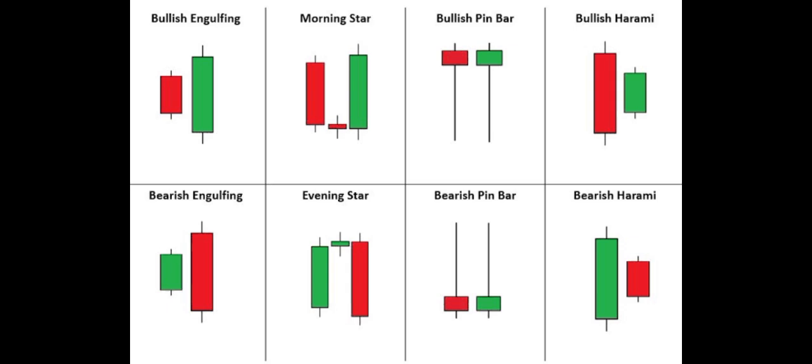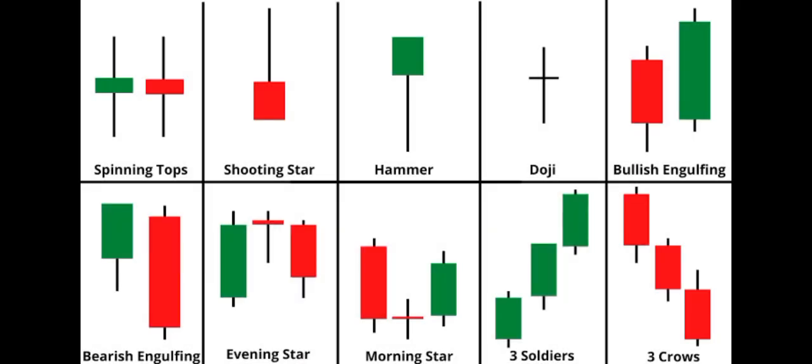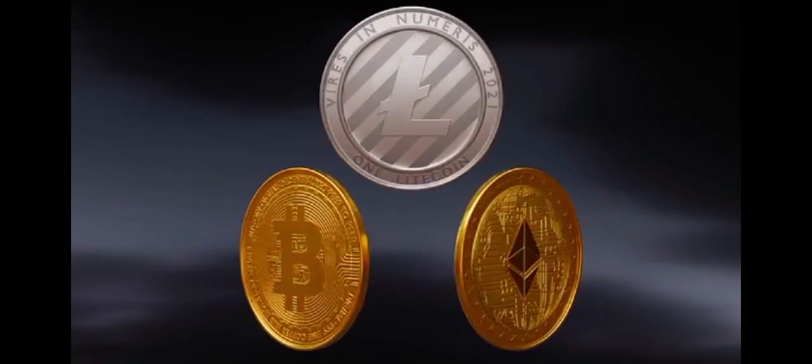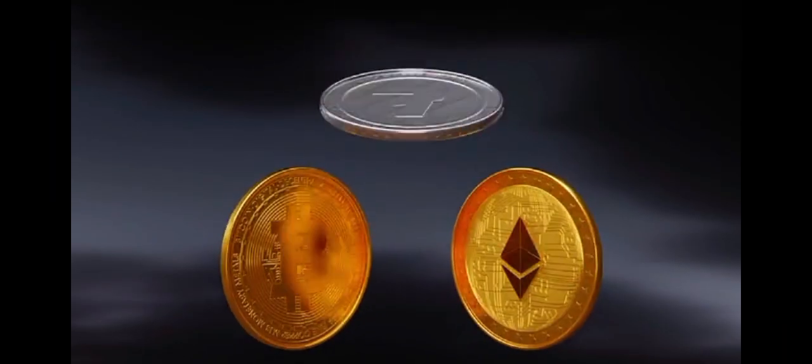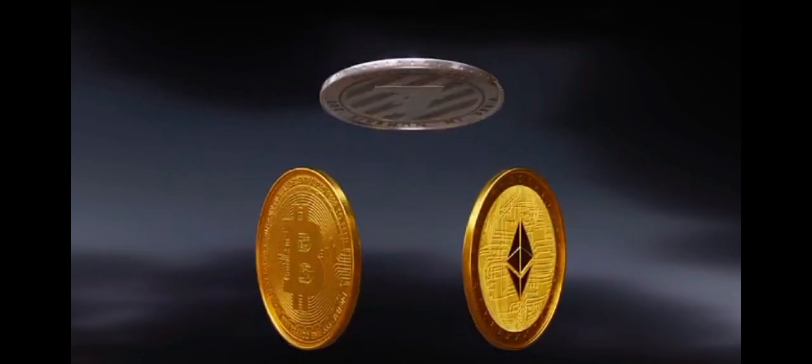There are some candlestick patterns which many traders use to predict the future price movements of their particular assets, but their accuracy is almost like 70 to 80%, not 100%. And note one thing, that these candlestick patterns only work in markets like forex and stock. They do not work in the cryptocurrency market. So since our main focus is cryptocurrency, we will not discuss these patterns.